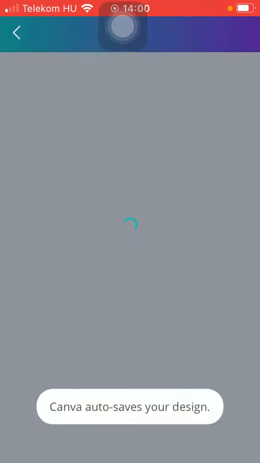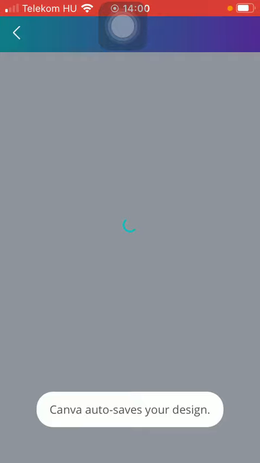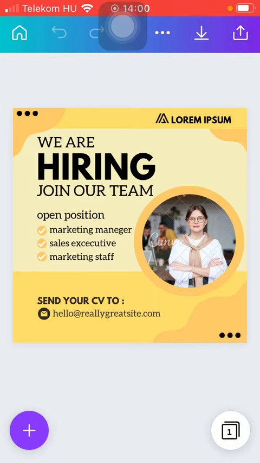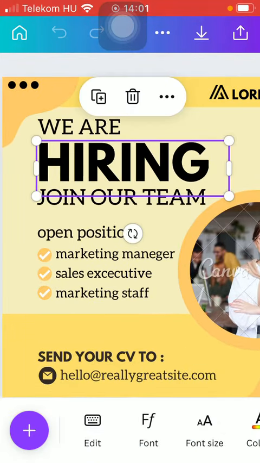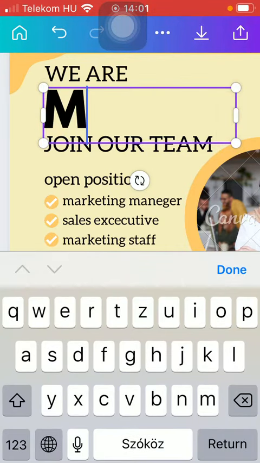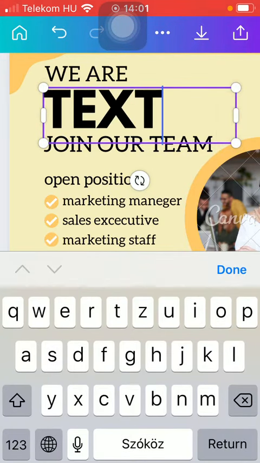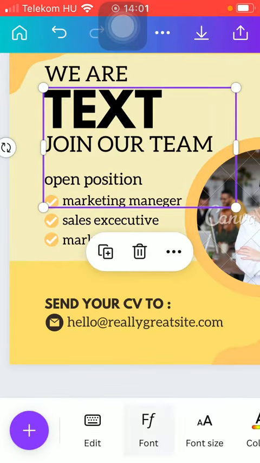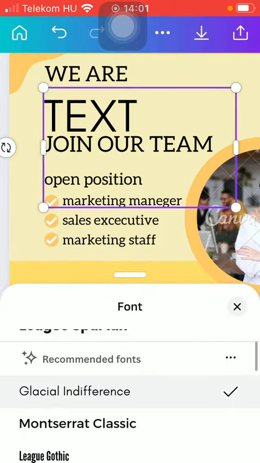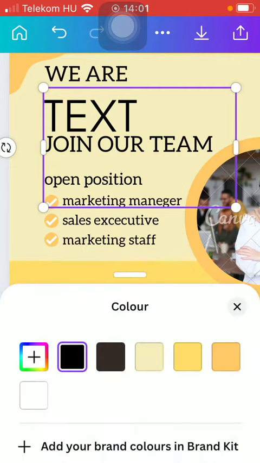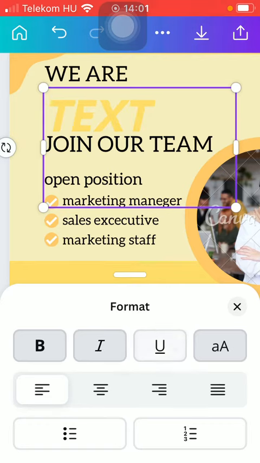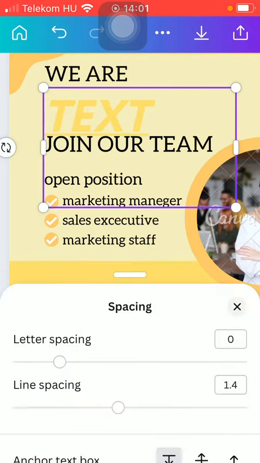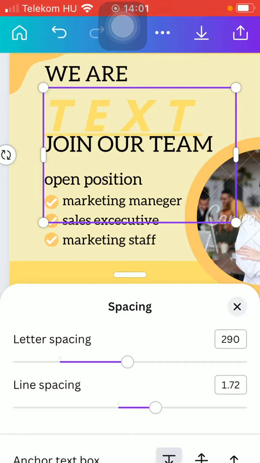Tap on a relevant one that you want to use, and after that you should wait till it's loaded, and here you can tap on the text that you want to delete and then type in your own text. Like this. You can of course change the font. You can change the font size, the color of the text, the format, so you can make it bold, italicize it, underline it. You can do the spacing, letter spacing, and